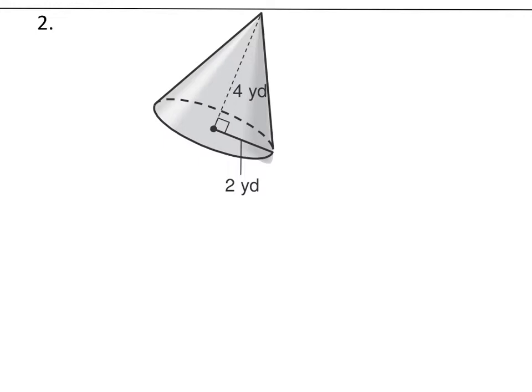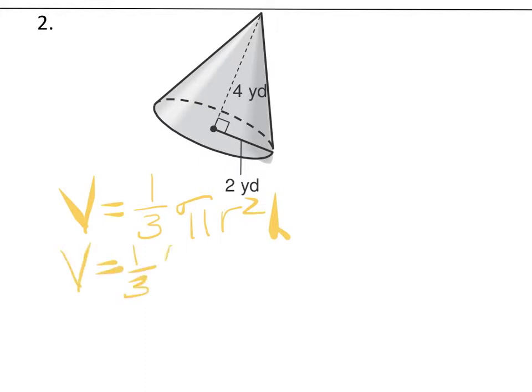Okay, if you look on the back page of your notes, you can see that we have a cone in this problem, and the formula for volume of a cone is 1/3 pi r squared times h. So we're going to use 3.14 for pi. Then the radius is 2 yards, so we're going to use 2 and then square it. And then the height is 4 yards, so we'll put 4 in place of the height. So when I multiply all of that together, I get